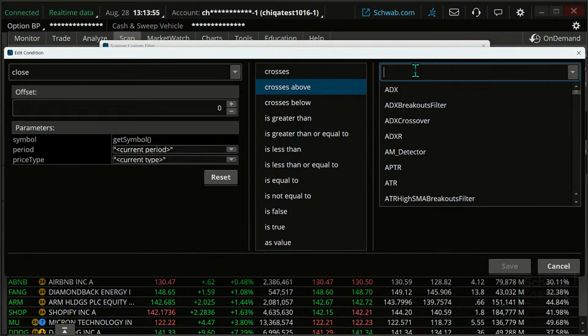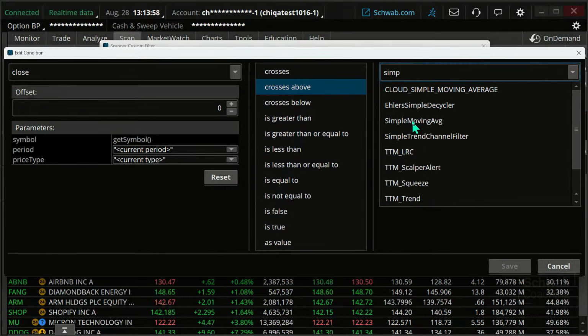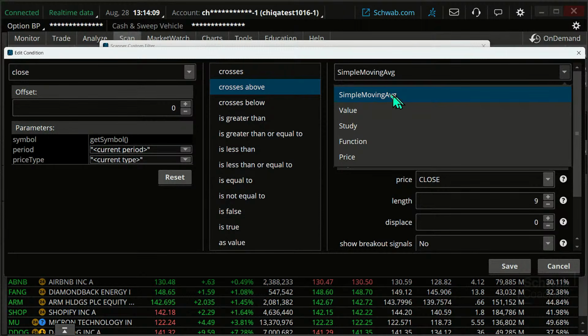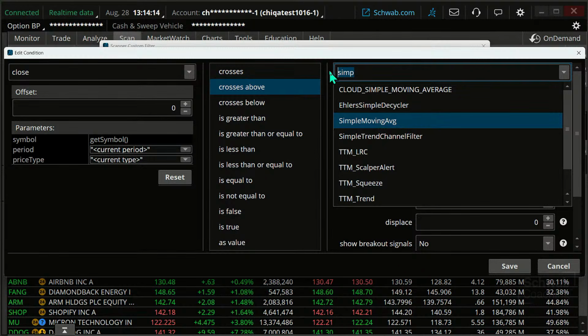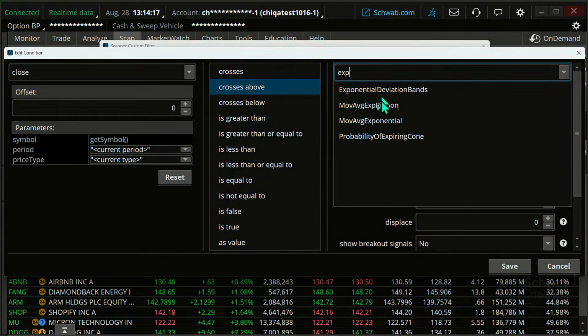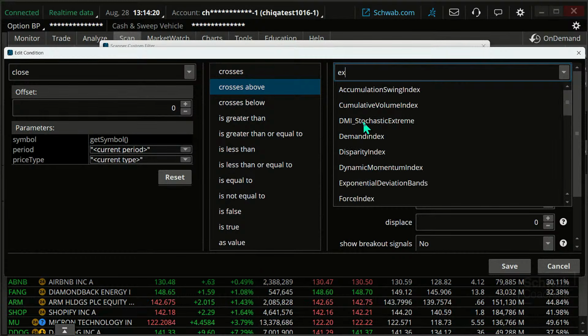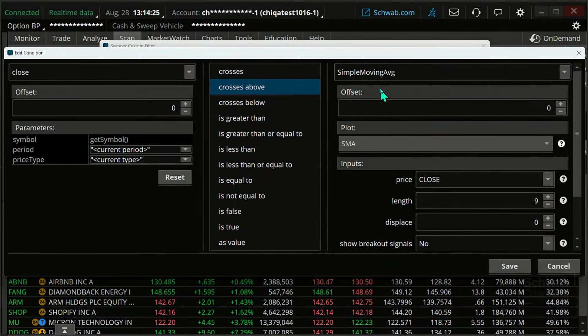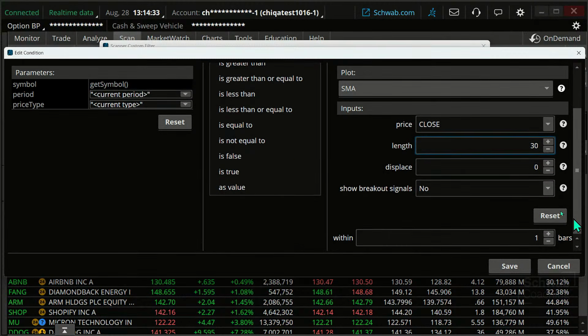I'm going to use a simple moving average, which kind of begs the question, I think, what about other moving averages? What about a Wilder's moving average or an exponential moving average? Yeah, you bet you could do that. Just go up here, and instead of clicking on simple moving average under study, click on exponential moving average or moving average exponential, okay? Whatever you want there, you can do that. But in this case, we're doing simple moving average. So I'm going to click on simple moving average. Length, in this case, it was going to be a 30-period moving average. Again, we were going to go back for a 3-day look back here.